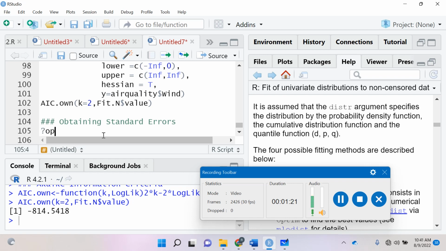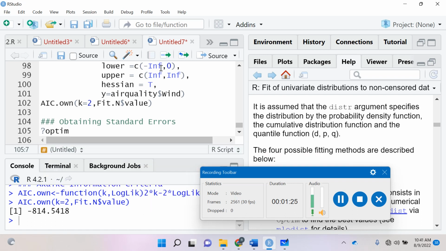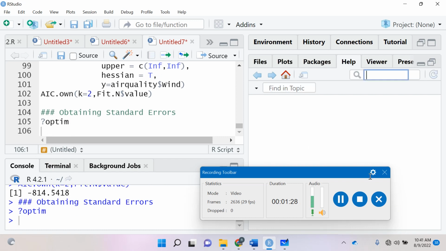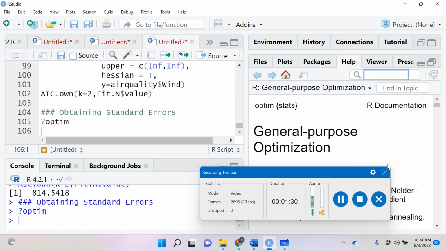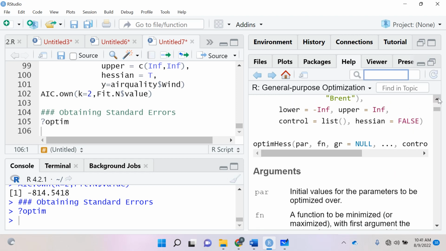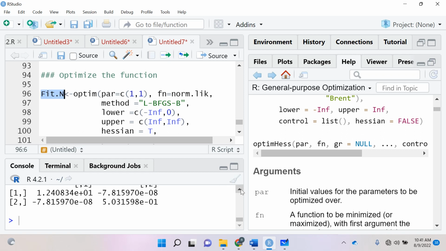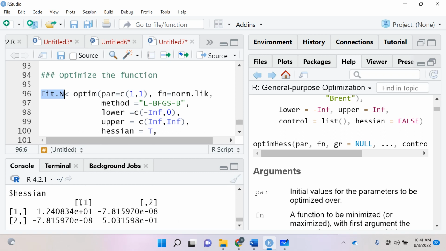So the optim function, remember that we can get our Hessian. If you set hessian to be true, so by default it is false, but if you set it to be true, you get a Hessian matrix. So if you look at our function over here, this is a Hessian matrix because we have two parameters,